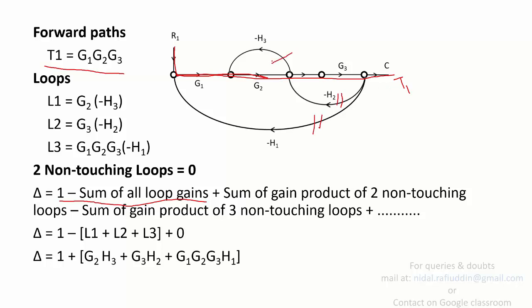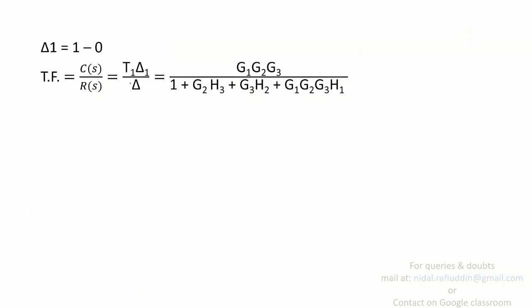And thus, if you apply the same formula, delta, which will become delta 1, is 1 minus the sum of loop gains. Since you are not left with any SFG, this becomes 0. This is what I have written here: delta 1 is 1 minus 0. Now if we substitute each of these values into the expression of the transfer function given by Mason's, since you have only one forward path, you have in the numerator T1 delta 1 divided by delta, and this is the required one. So I guess that this clears up